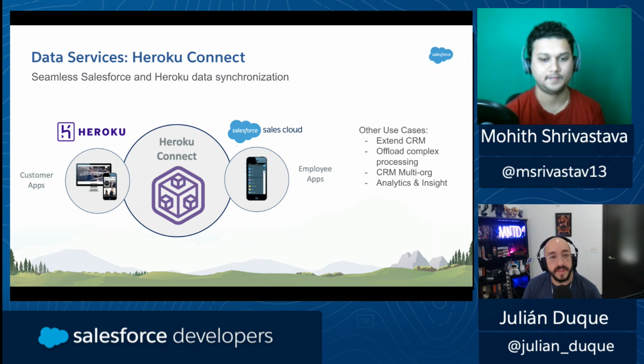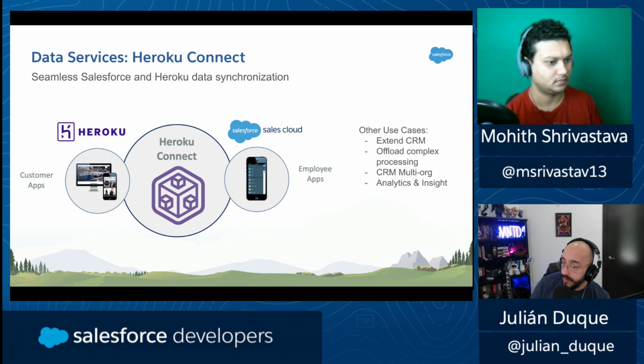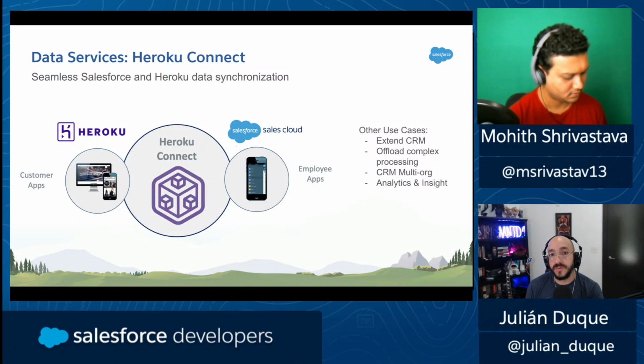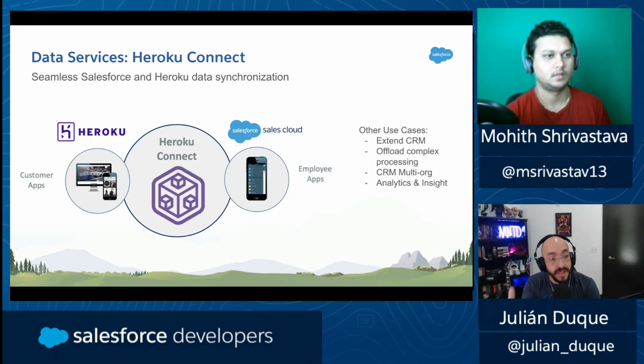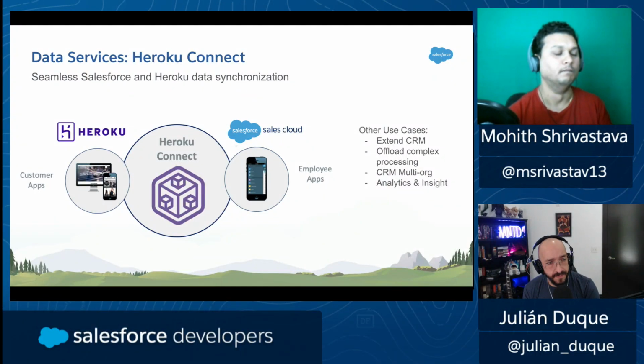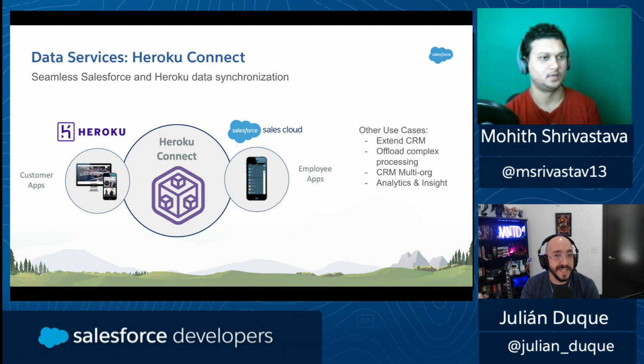Yeah, correct. I have a couple of questions on the chat. One is, can we access Apache Kafka from Apex? And the second one is, can we do real-time sync with Salesforce objects and Heroku Postgres database? So the two questions have the same answer. Yes, you can, but you will need to have this integration add-on. So if you want to sync the information between Salesforce and Heroku, you need to use Heroku Connect. It is not exactly real time, because real time is a concept that